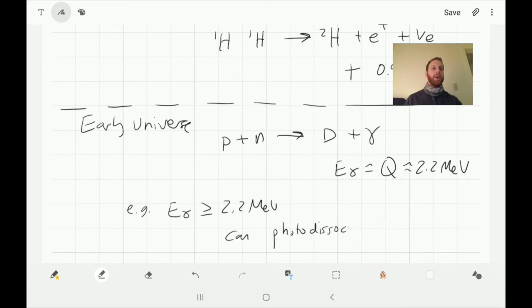This is in some way the analog to ionizing an atom, but here we're not talking about atomic physics where the energy scales are of order eV. We're talking about nuclear scales where the energy scales are of order MeV, or about a million times greater. Okay, so that's what we've got.